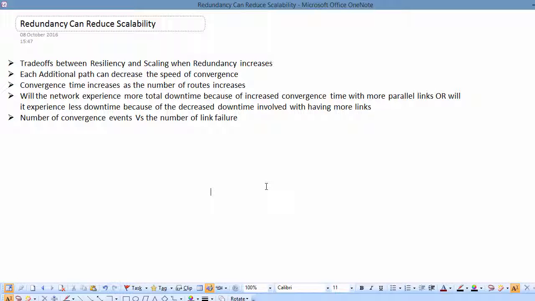Another point you can consider is additional memory and processing requirements. Whenever you add links, the route memory and processing time required depend on whether you are running a distance vector protocol or a link state protocol like open shortest path first. So this was all about redundancy, which affects the resiliency, manageability, and scalability of your network. I hope this section gives you a good view of